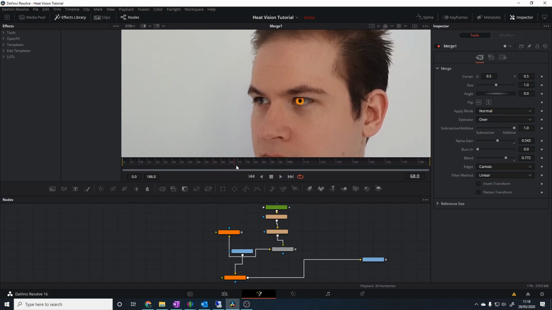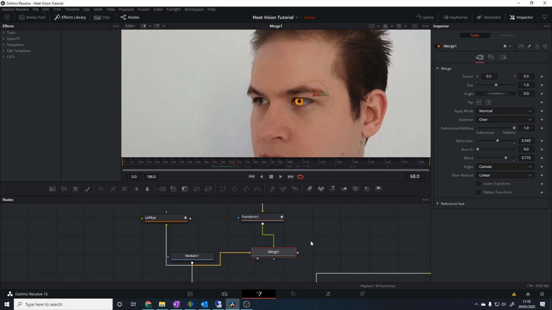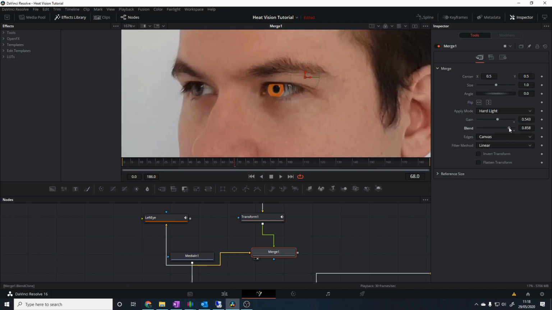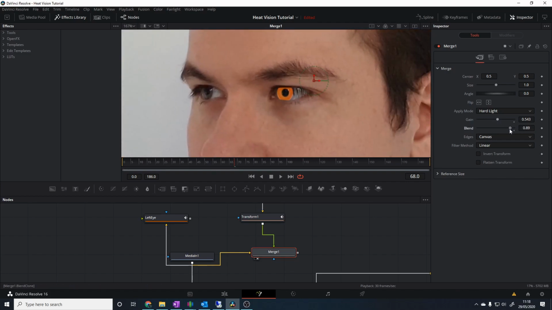Now we need to blend it into our source footage better. So what we'll do is we'll click on our merge node, set the apply mode to hard light, and then we can play with the blend slider to get it to just look a little bit more natural. Now as you can see, the edges are still way too sharp to look realistic, so we'll deal with that